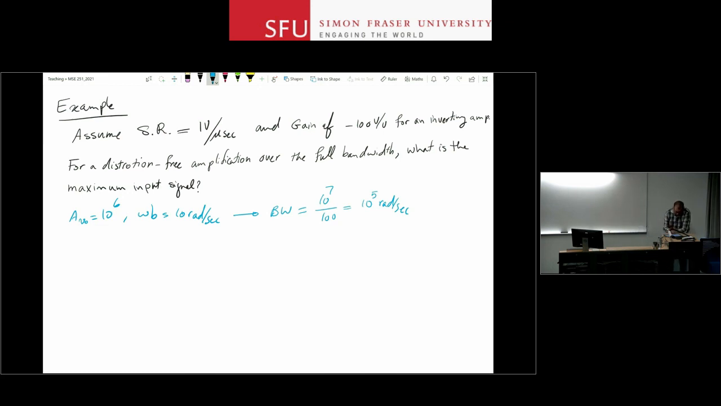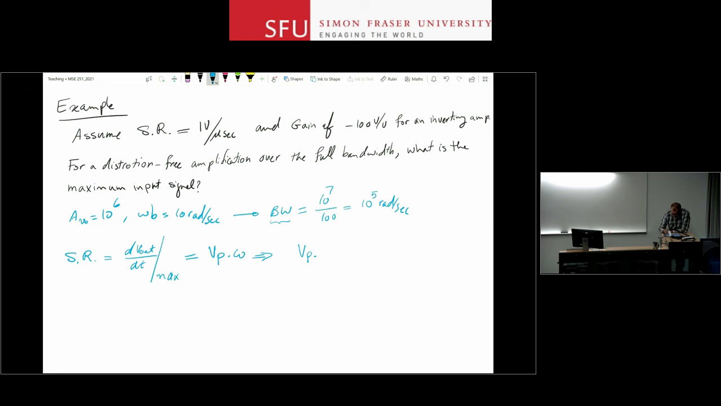So what I can see is that at the output, the slew rate is the maximum change at the output, right? And we saw that for a sinusoidal input, this is Vp, the peak of the signal, times omega of that signal. Because we want distortion-free amplification over the entire bandwidth, I'm going to use the fastest signal I can have, so omega is the new bandwidth that I have here. So therefore,